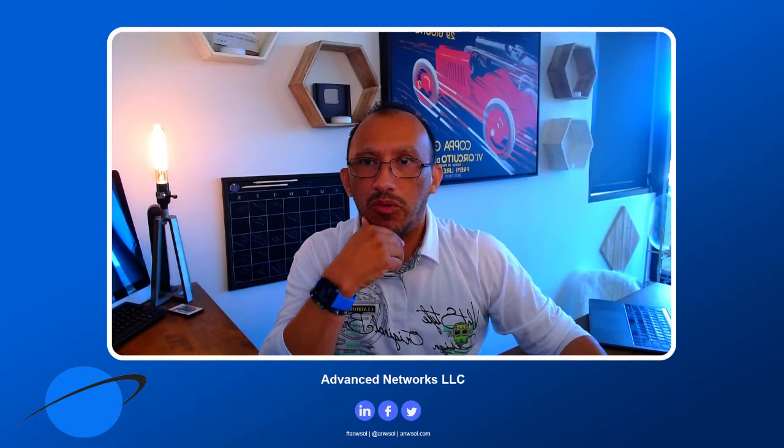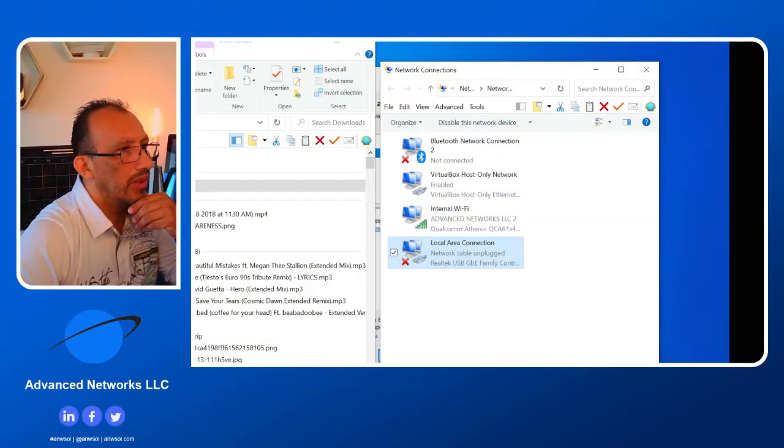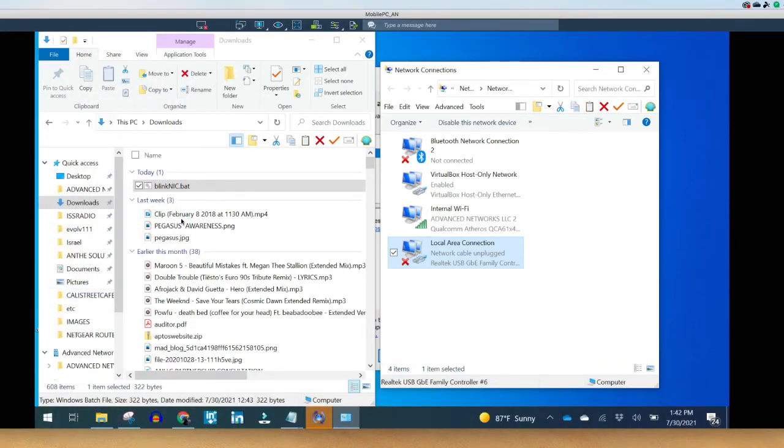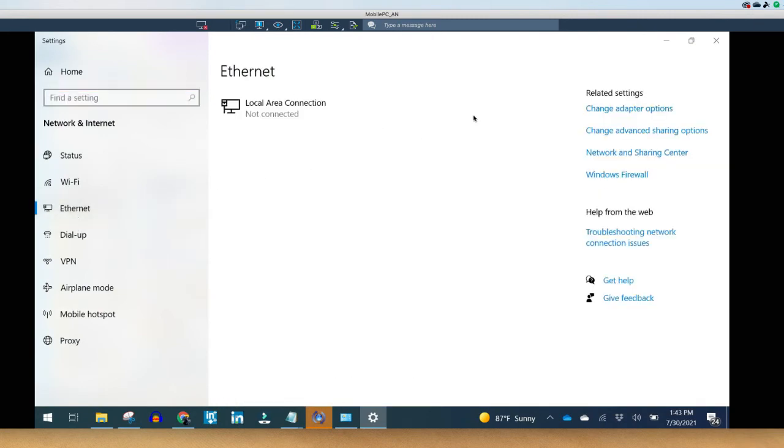So let me give you one more rundown through it, just so you have an idea. This is just going to be a quick run through. Basically, we're going to put this blink nic.bat that I emailed you into a USB drive. Once you've got that in the USB, you're going to plug it into the computer. You're going to open the network connections. Again, you can just go down to the bottom right and hit open network settings. And then you're going to hit Ethernet. And then on the right,